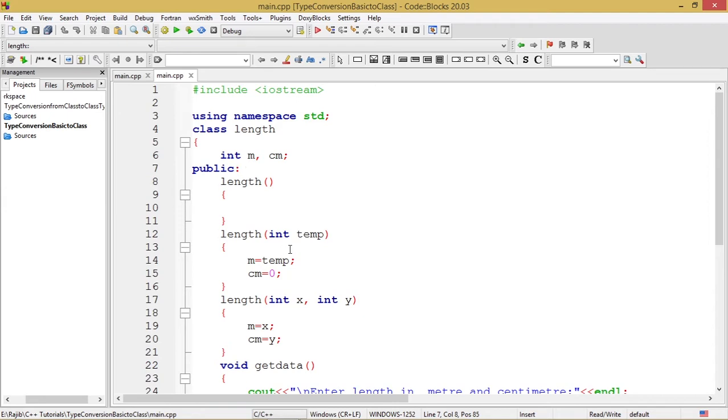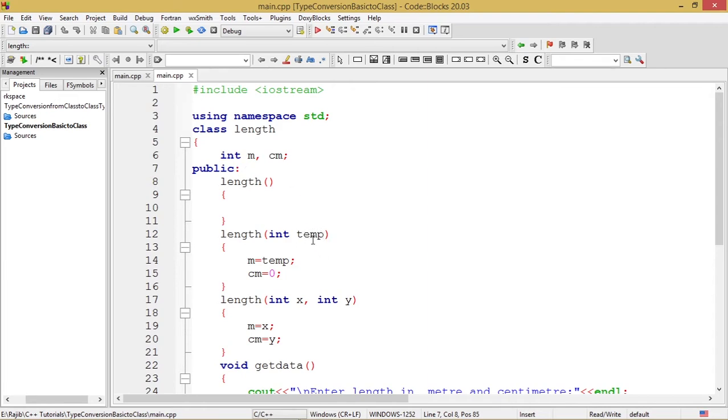Point to be noted is that in other programs, as we usually see, if there are two private data members which are to be initialized with the help of a constructor, we basically have two arguments or two parameters.